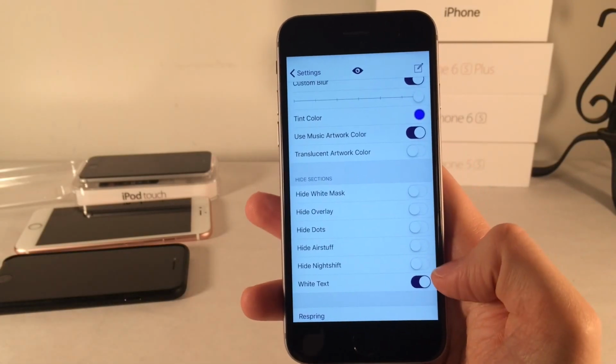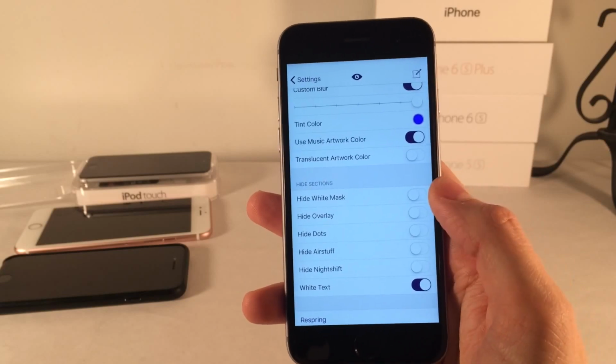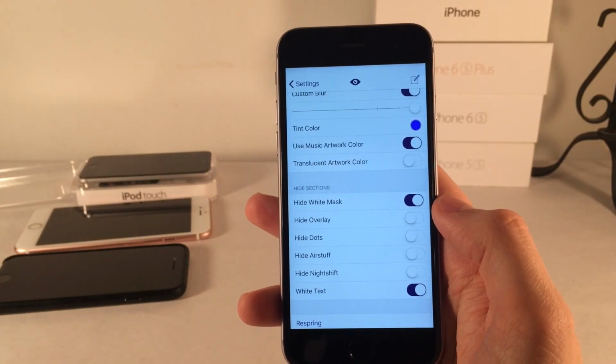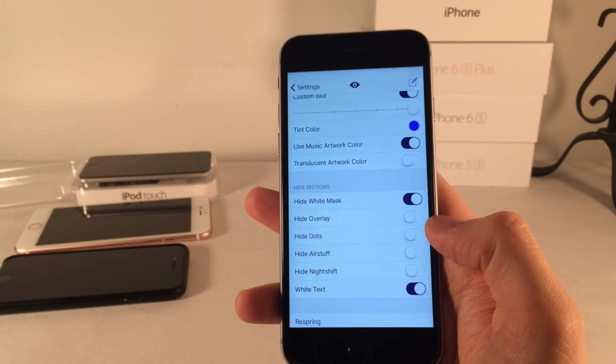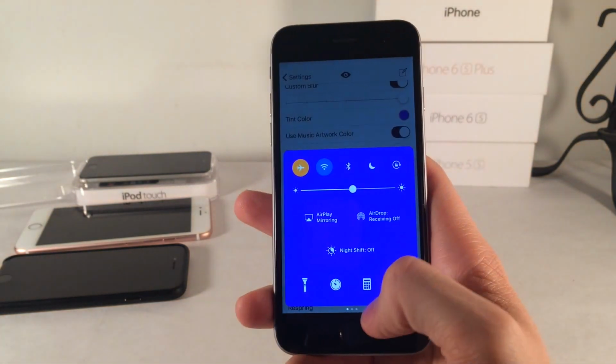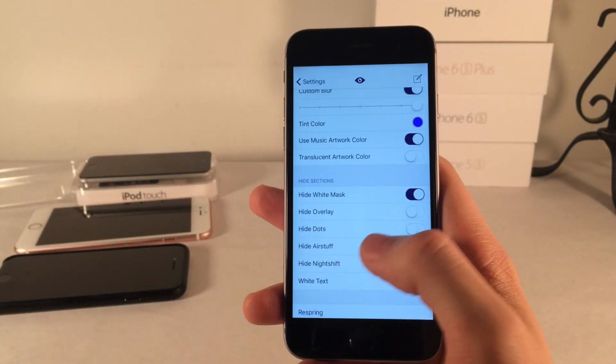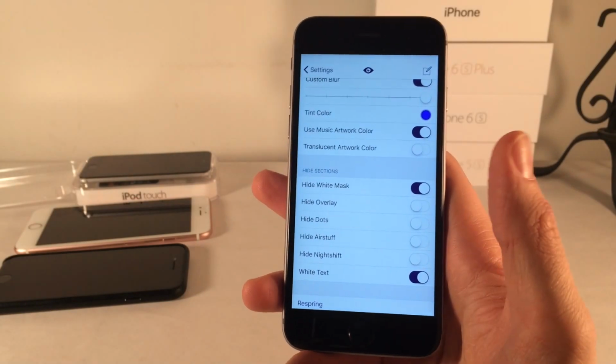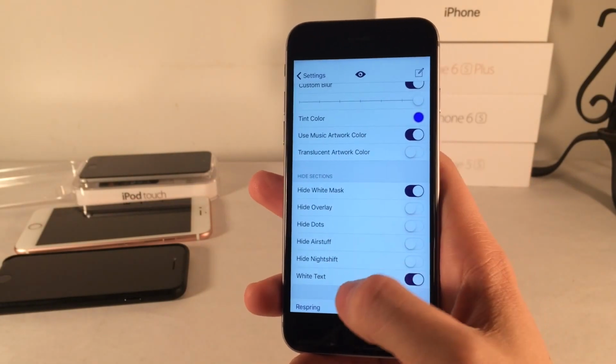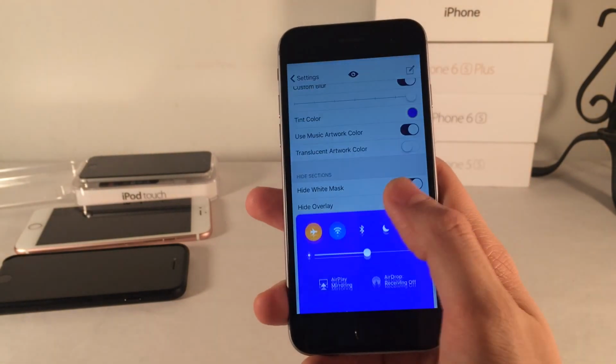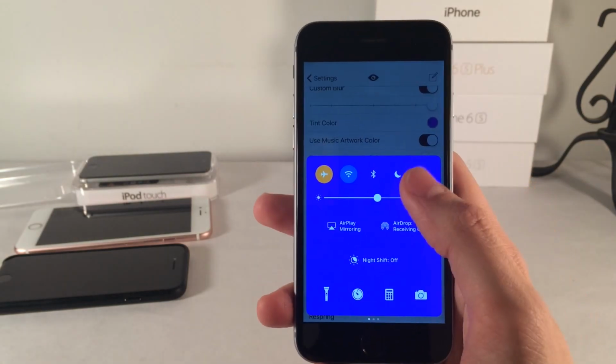Then you have the hiding section, so you can hide the white mask. So we'll go ahead and toggle that on to see what that looks like. You can also hide overlay, hide dots, the dots at the bottom of the page for the different pages, and the air stuff, so that's AirDrop, AirPlay, Night Shift, if you want to hide that. You can also enable white text. So if you have a darker color like this, you're probably going to want to enable white text